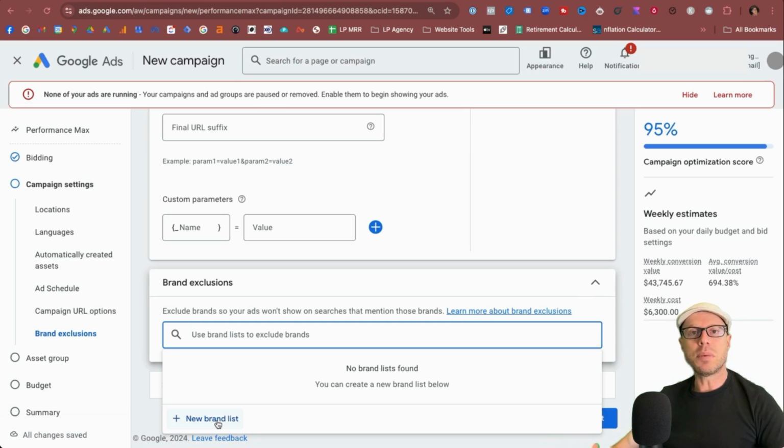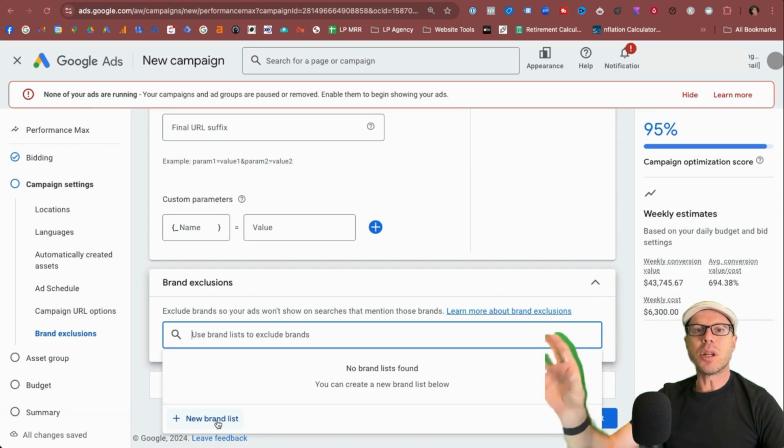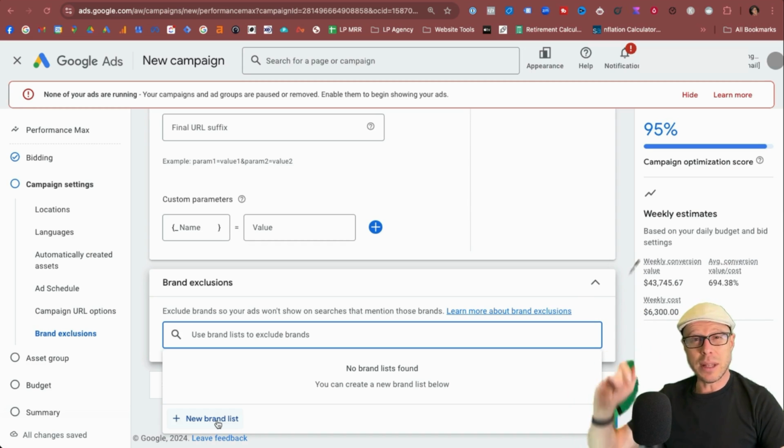Because if users and shoppers are already aware of your brand, why would you want to be bidding on them in your Performance Max campaigns? It should be separated and isolated in a different campaign like search in order to keep those purchases and results contained. Now, it's always a debate if you want to set up brand campaigns within a Google Ads account. Why would you spend money on your own brand? Well, there's a couple of reasons. But if you're watching how to set up a brand campaign for Shopify, go take a look there. But for now,